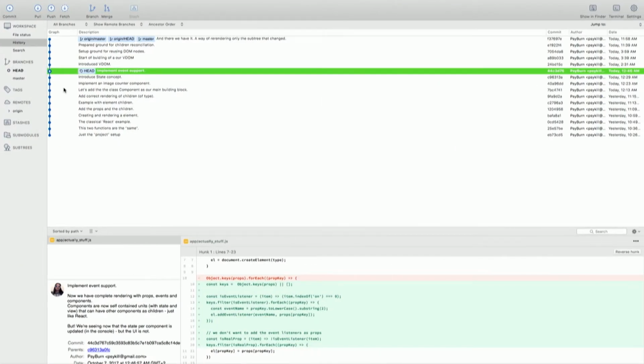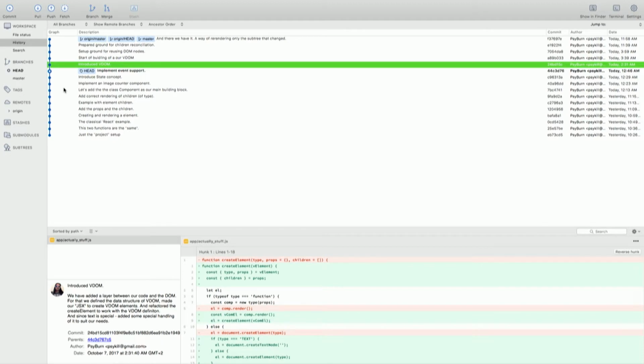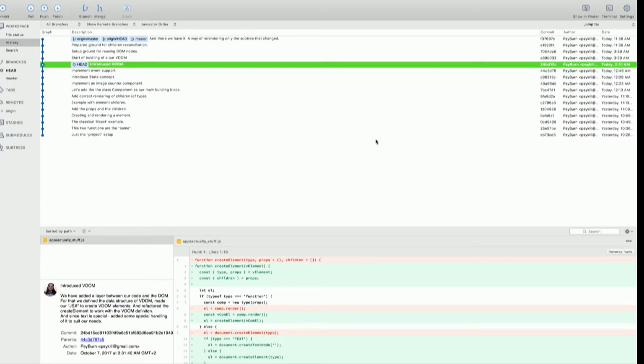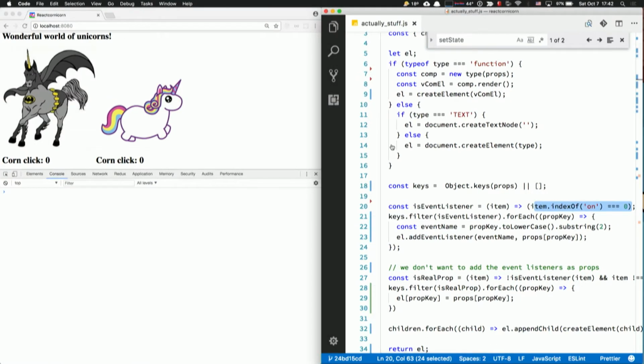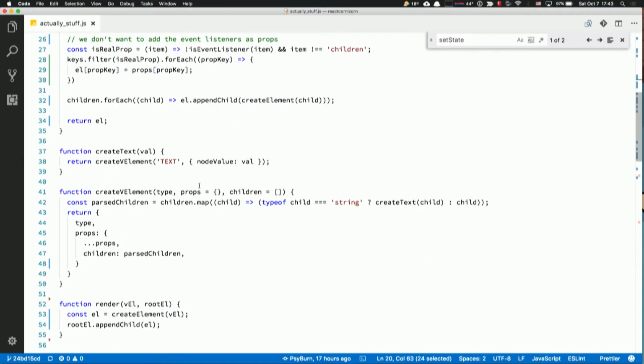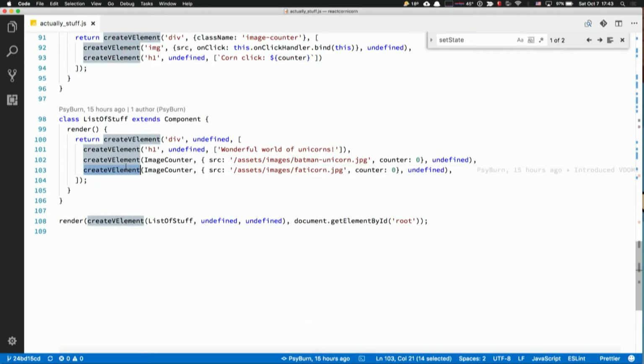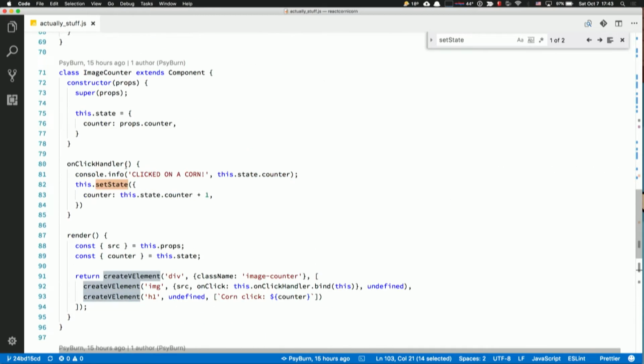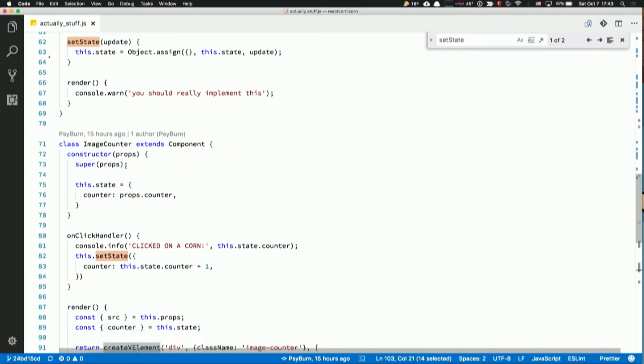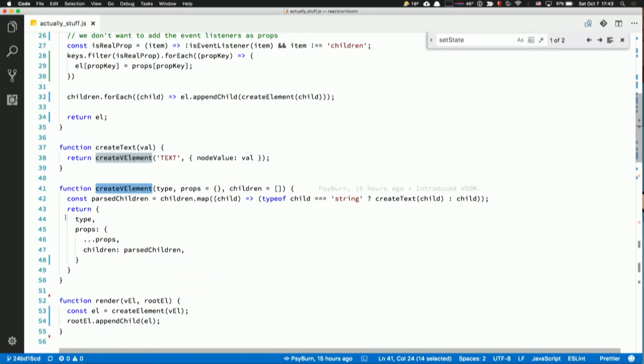OK, so live coding again. I'm going to introduce vDOM. This is going to be a speed run because I don't have time. You can check this out later on the Git repo. As I said, I will introduce vDOM. So our create element is now createVElement, create virtual element. We have a create virtual element function, it's just a definition that we use later on.